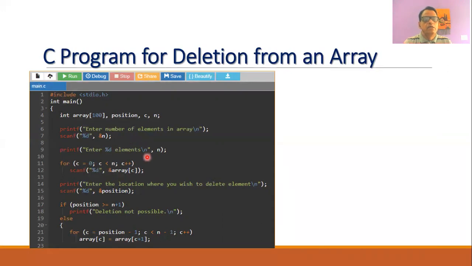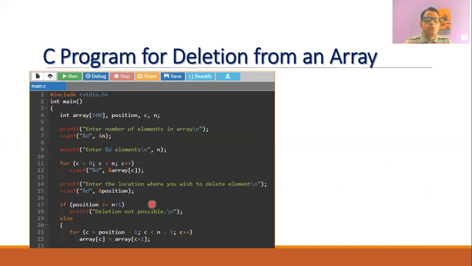Then we will ask the user to enter the numbers themselves, and those numbers will be stored in the memory locations. Now we will ask the user to enter the location where he wishes to delete an element. So the position will be entered by the user.